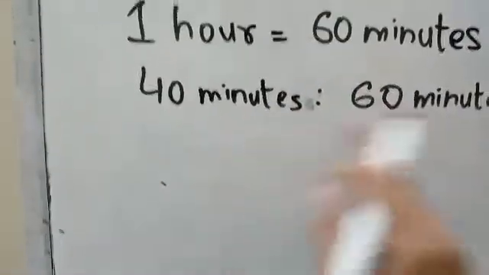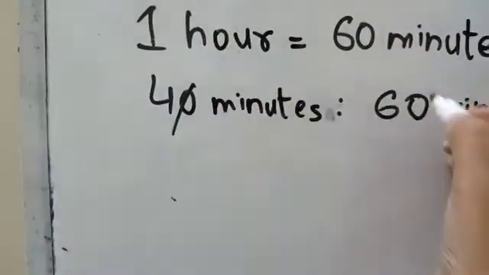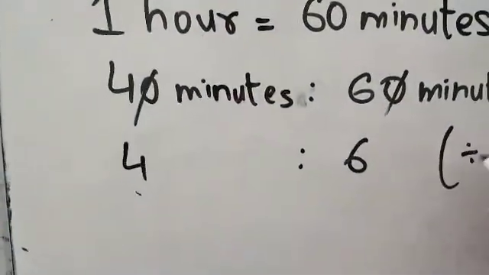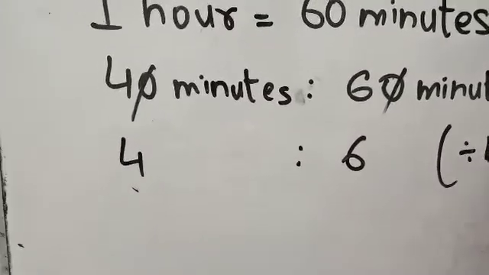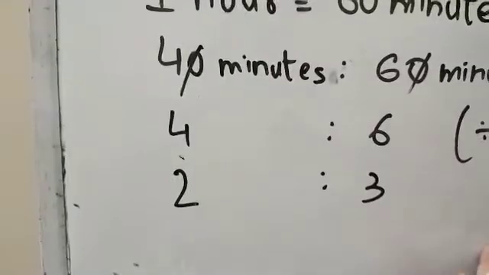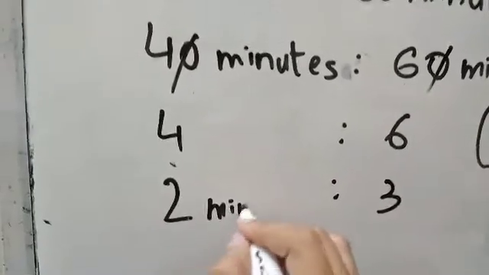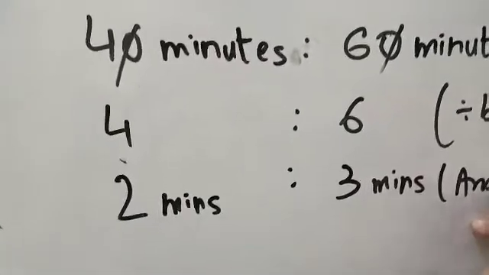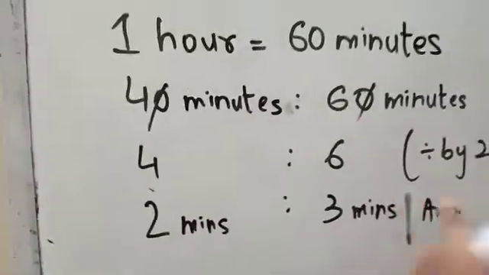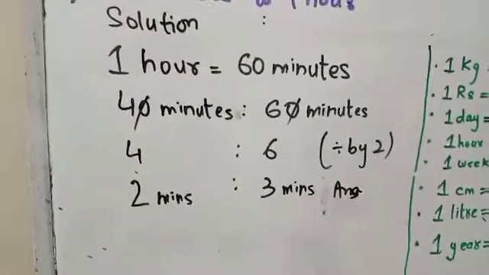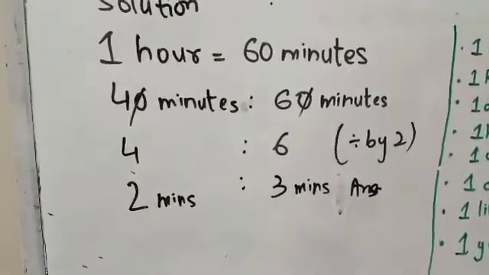Both the units are similar. I can simplify it. 0 cancels from 0. 4 is left. 6 is left. It could be divided by 2. 2 2s are 4. 2 3s are 6. I cannot solve it any further. So this is my final answer. Very simple, very easy. Okay. Now let's look at another part.